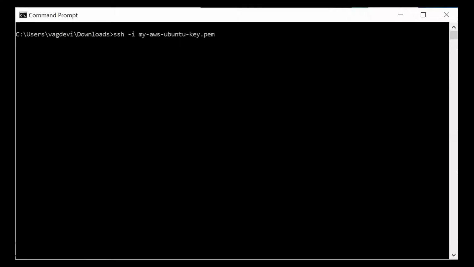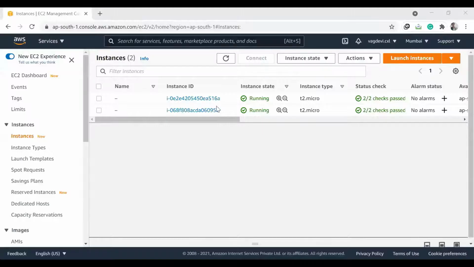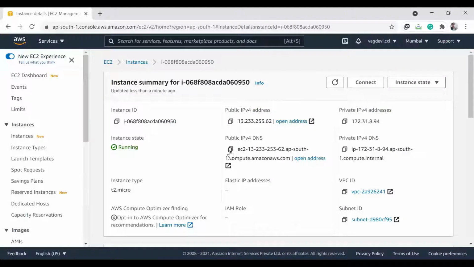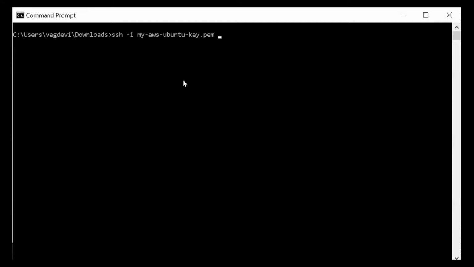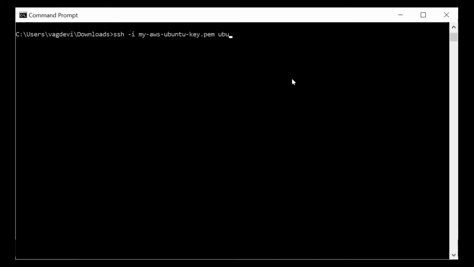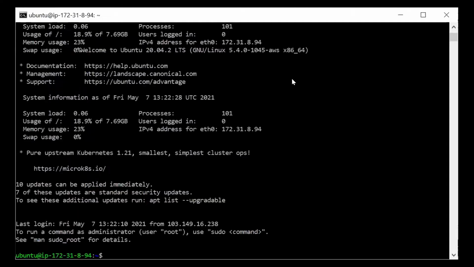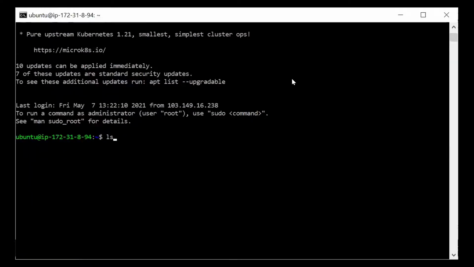And then the IP of my machine, which is this one. So copy this and paste it as the last argument to our command, ubuntu and paste the IP address. So we are in. ls.